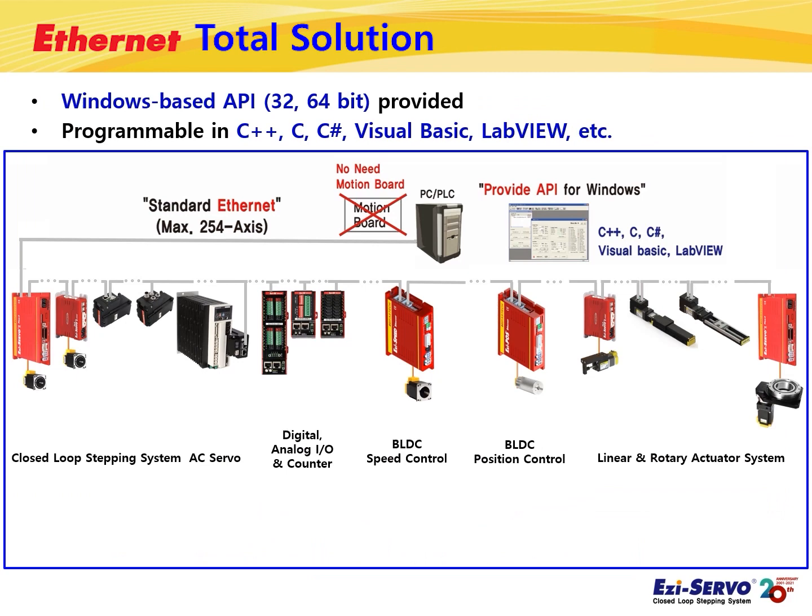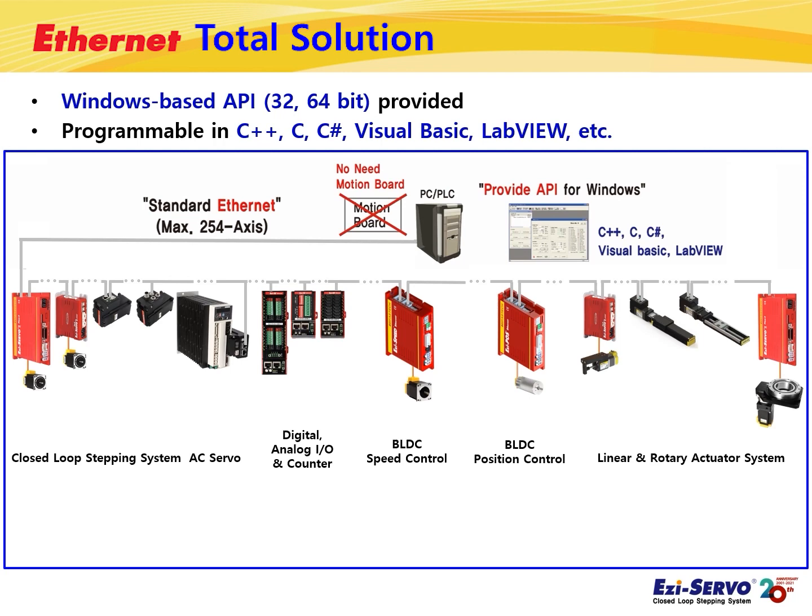Since FASTECH basically provides Windows-based API for Ethernet products, customers can select a development language like C++, C, C#, Visual Basic, LabVIEW, etc. for programming. In addition to the API, GUI software is also provided and can be downloaded for free from the FASTECH webpage. As you can see in the picture, Windows-based API and GUI software are used in all